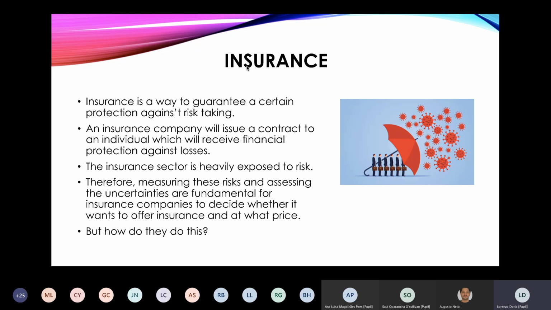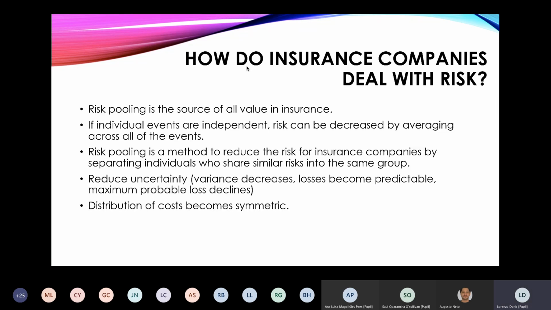So as the business of insurance companies is holding the risks of other people, they need to be able to determine which risks are worth holding and at what price they should set the premiums. And one of the ways insurance companies do this is through risk pooling. Risk pooling is a very common form of risk management, and especially in insurance. And the idea of risk pooling is that the risk for one person is not the same as the risk for society at large, if each person is independent.